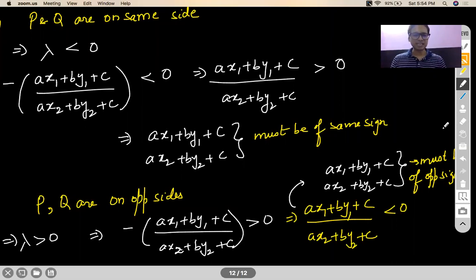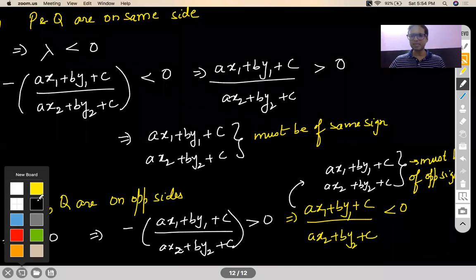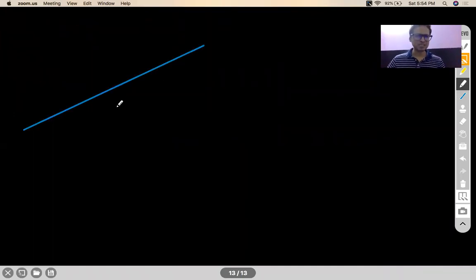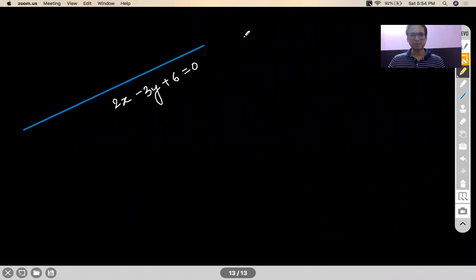You will find that it shows the message that the given person is not there in the call. A very small question we'll take on this concept. Let's say I give you a line, some hypothetical line: 2x minus 3y plus 6 equal to 0. And I specify 2 points, P and Q. P has coordinates 1, 3. I hope this is not lying on it.